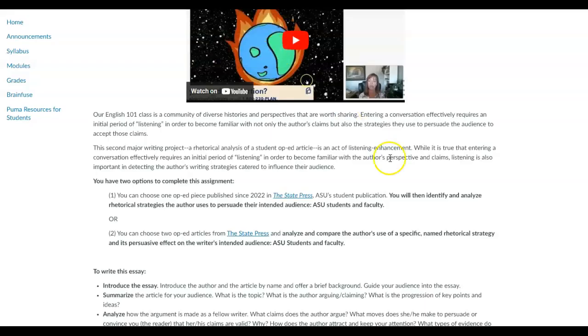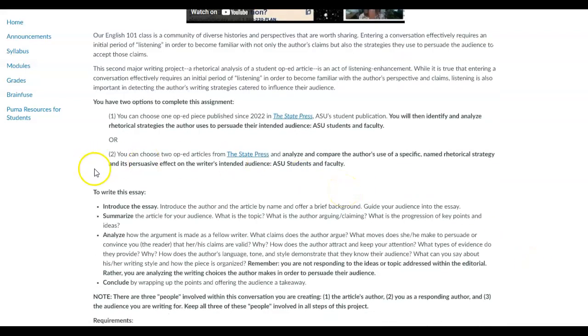We're going to pick one of those, and we are going to analyze the writing choices of the author. We're not going to really get into whether we agree with them or not. We're not going to respond pertaining to the topic. We are going to focus on their writing choices and analyze the means and the strategies they used to persuade their audience that their ideas or their opinion is valid and that their audience should believe them or agree with them. So we're going to take this bit by bit. We're going to talk about all of the elements, how to analyze writing, and how to compose this type of essay for an audience.